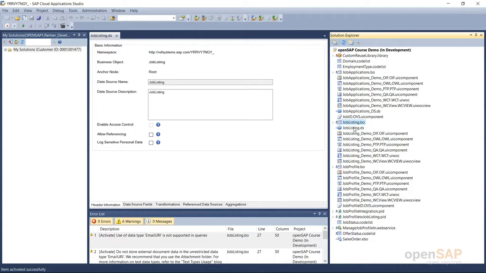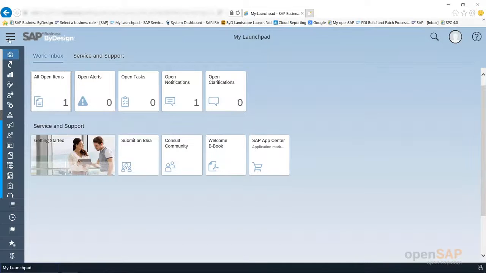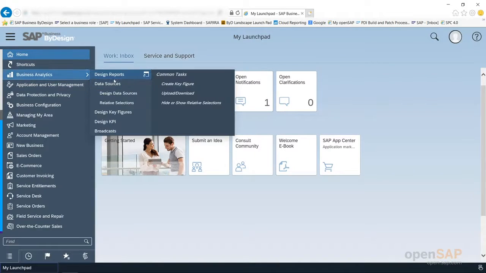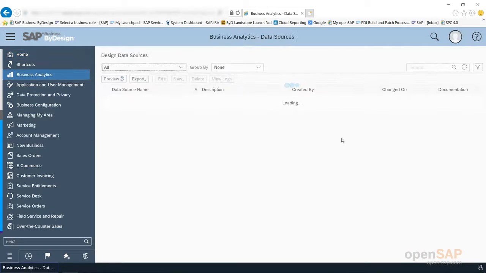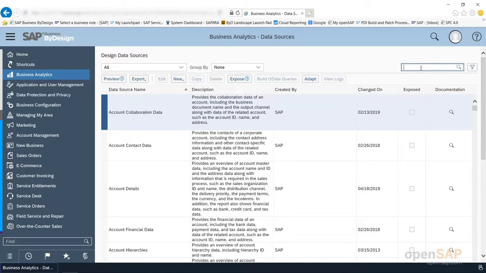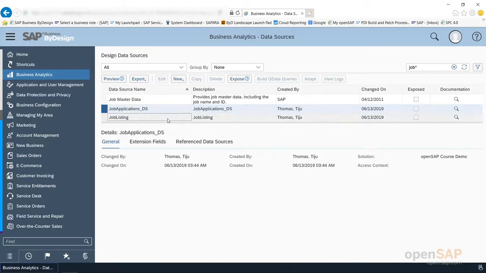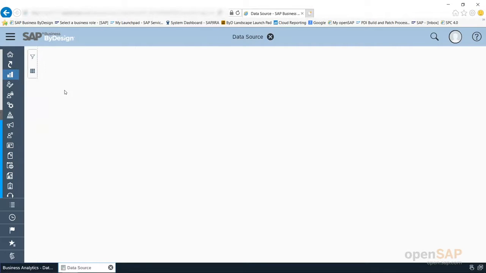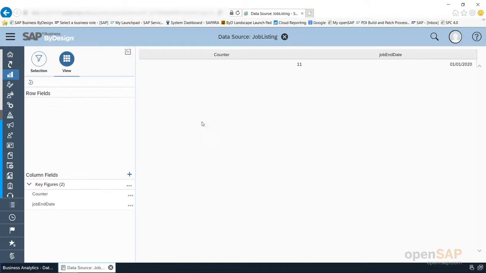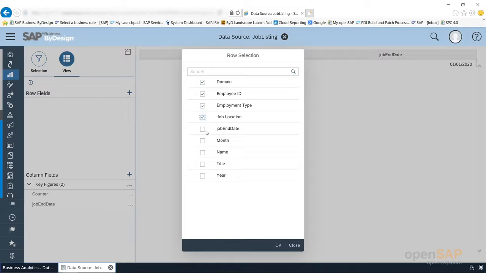Let me just quickly log into the UI and go to the business analytics work center, to the data sources, and check for the data source that we have just created here in this OWL. So, here, as you can see, the first one is an SAP created data source. The second and third are the ones which I have created. The one which we just created as job listing, you can preview this data source and go to the view and select some of these fields that you want to be listed